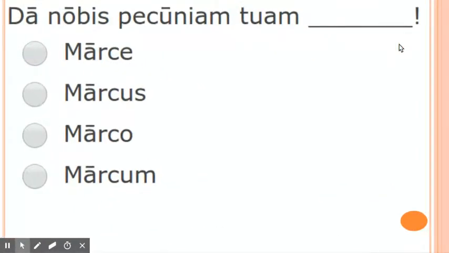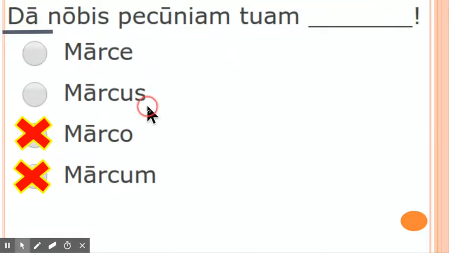All right, moving on. We have a verb, da, an imperative. From do, give. Who are you talking to? You're talking to one person. Why are you talking to one person? Why not date? That'd be plural. So therefore, what isn't it? If you're talking to Marcus, you're going to not use Marcum, that's accusative. Well, you're not going to use Marco, that's the dative or ablative. So therefore, you have a choice between Marcus and Marque. Marcus is nominative. He's a noun, third person. The verb is second person singular, so it can't be Marcus, it must be Marque.